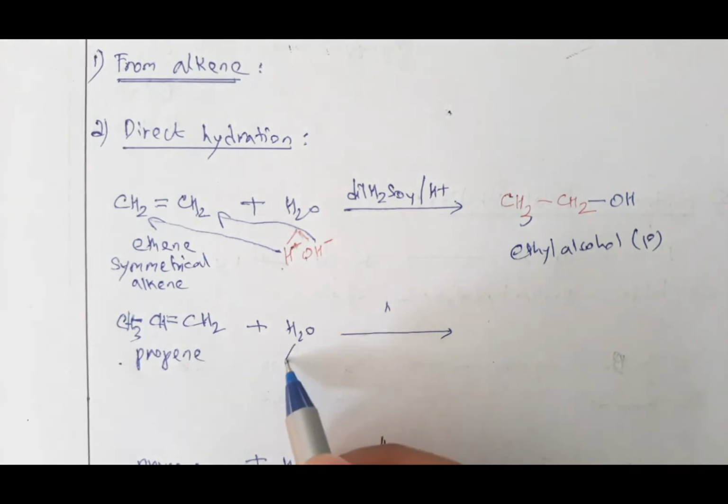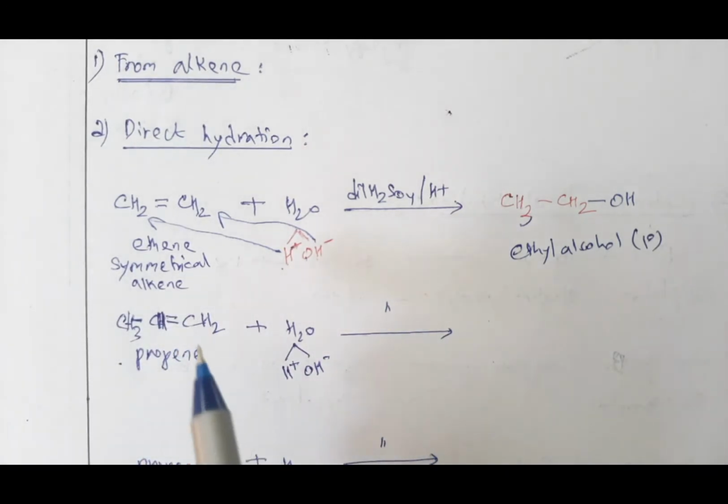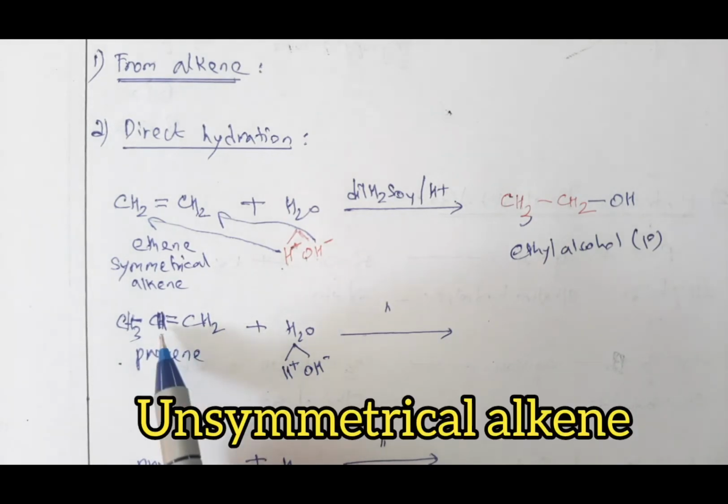Now again you are doing hydration, H and OH. Water means HOH, H is positive, OH is negative. Now where should I take H and OH? If you see here, the carbons adjacent to the double bond do not have the same number of hydrogen. Here is 1, here is 2, so it is an unequal number. Here it was equal, so I called it symmetrical, but here it is unequal. Therefore it is called